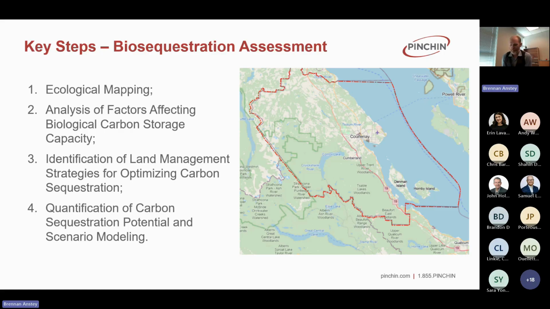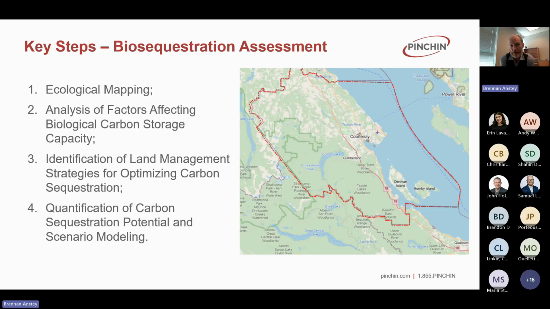Their key question was they wanted to know how they can best manage their land to sequester the most carbon. I'll repeat the question because I had to read it a number of times when we were putting together our bid. They wanted to know how they can best manage their land to sequester the most carbon. Where it's coming from is they had done, like many municipalities, their emissions inventory, so they had a sense of what their emissions were, but they didn't have a good sense of